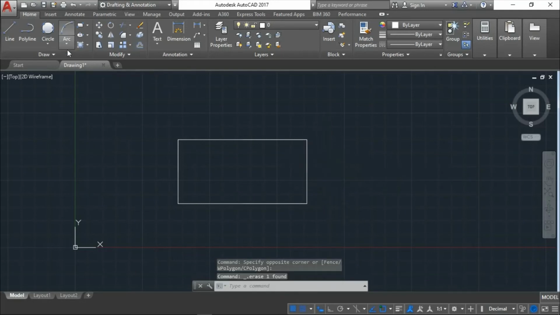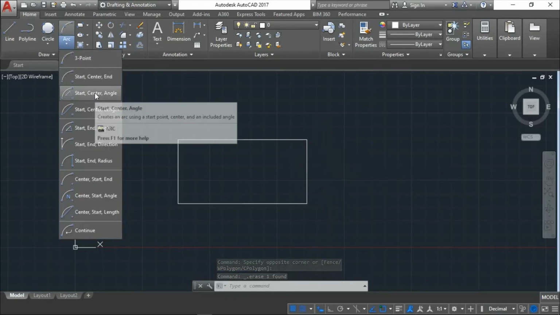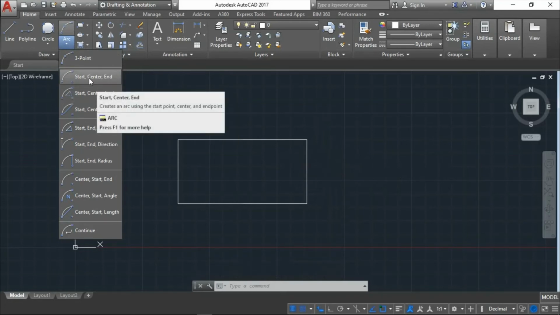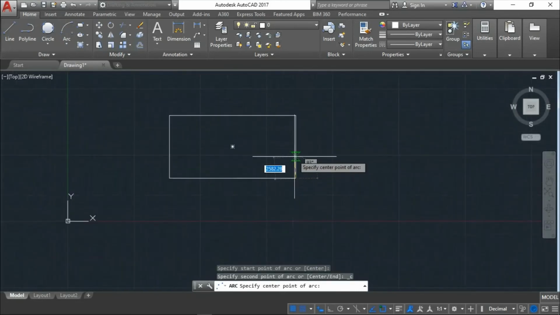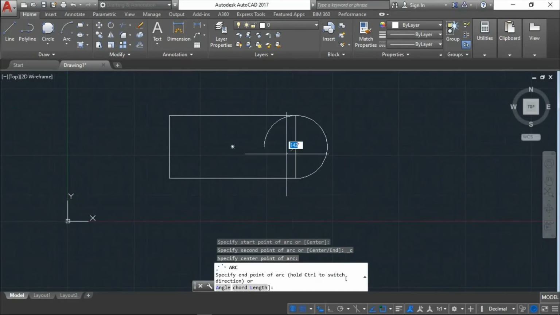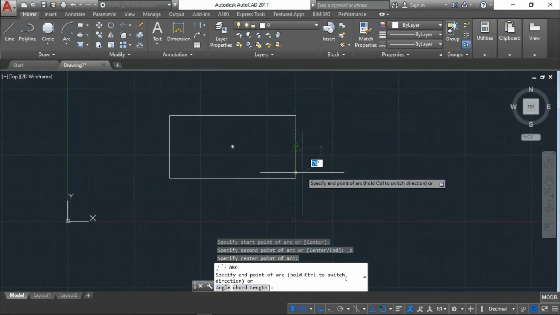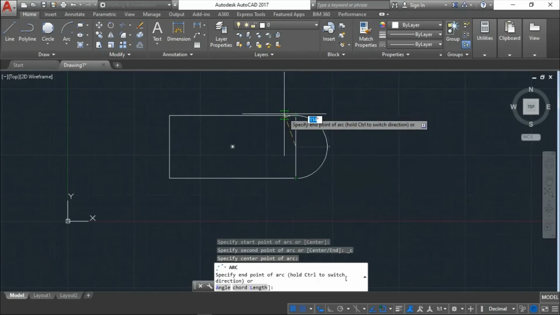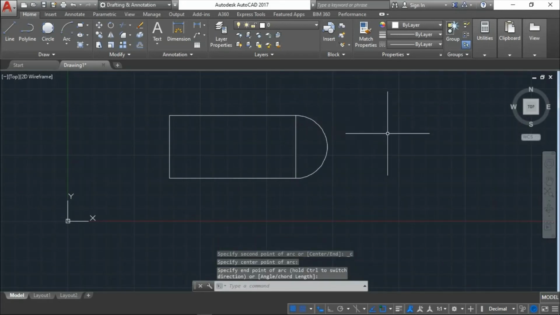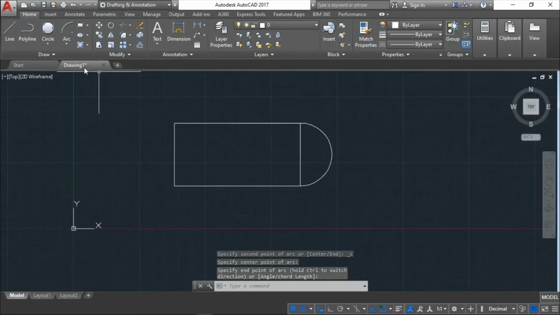Same thing, the next option is start, center and then end. So we need to select the start point. So I am going to give my start point here, and then you need to pick your center point. If you pick the start point and center point, your arc will be automatically created. See, I have just picked the start point and center point, the end point will be determined by the software. So I just need to click where I need to end my arc. So I will click this end point here. So my arc has been created based upon this start and center.